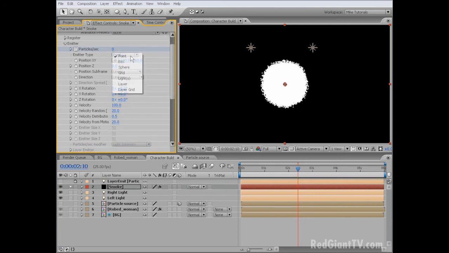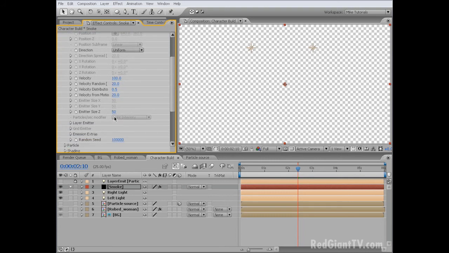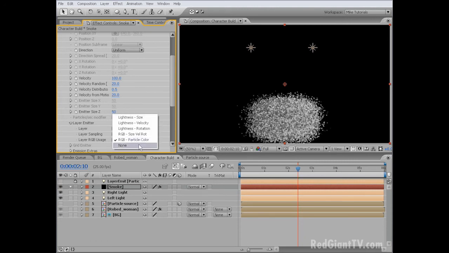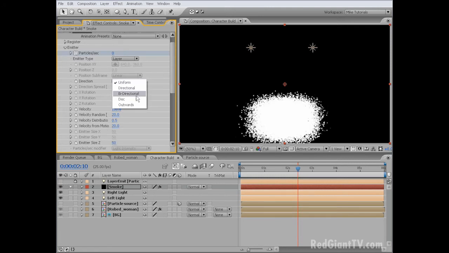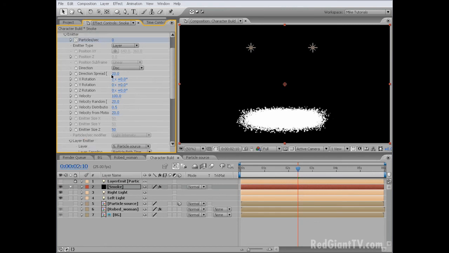Let's change the emitter type from point to layer, and once again we're going to use our drop source. So let's change the layer emitter from none to particle source. Also, let's change the current time to particle birth time and change the layer RGB usage to none. Let's change the direction from uniform to disk, and this will make the particles emit from the center in one plane. Turn the directional spread from 20 down to 0, and let's decrease the velocity as well from 100 to